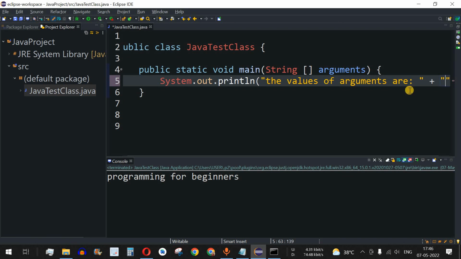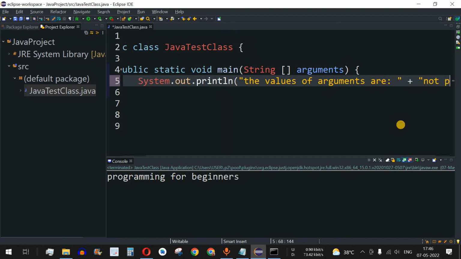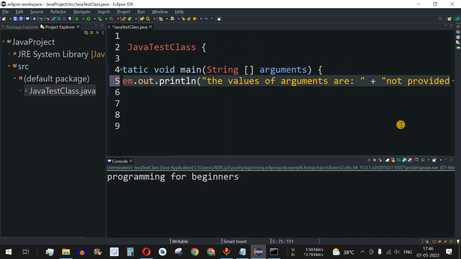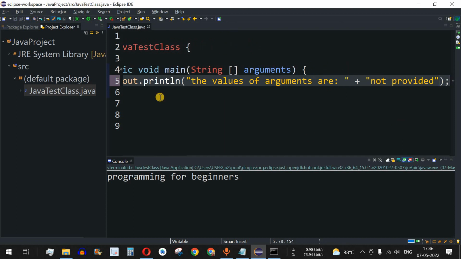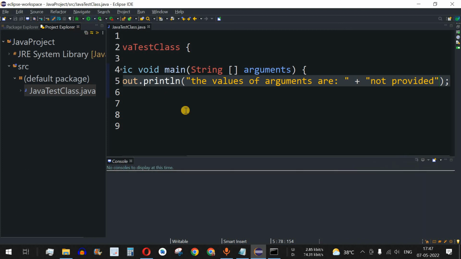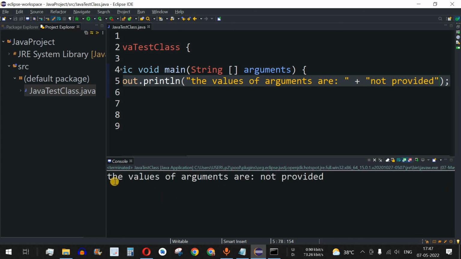So let's say the values of arguments are, and we will type something over here. We will type not provided, and then let me save this file and try running this code. So as you can see, what we have done is the values of arguments are, this is one string over here including the space after the colon, and then we have written not provided over here, which is a string that is concatenated to this string. And guys, in this way we can use this concatenation in order to combine multiple strings